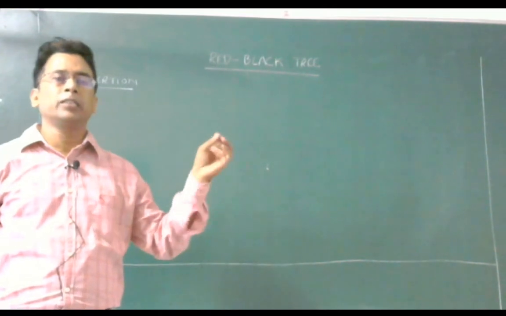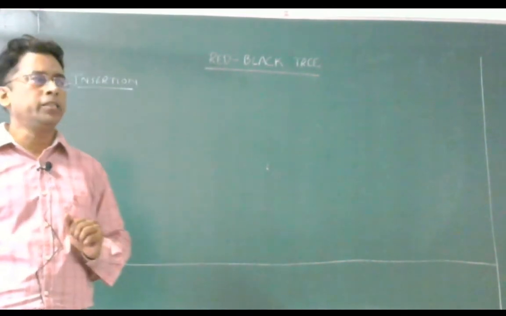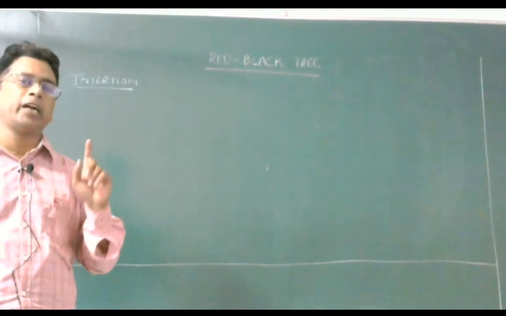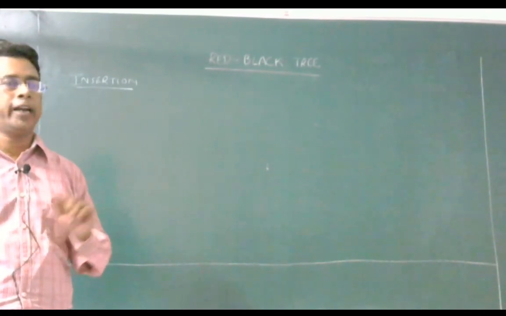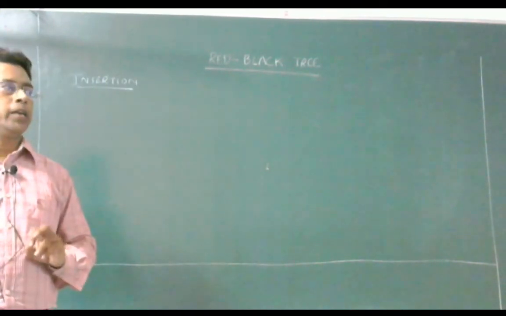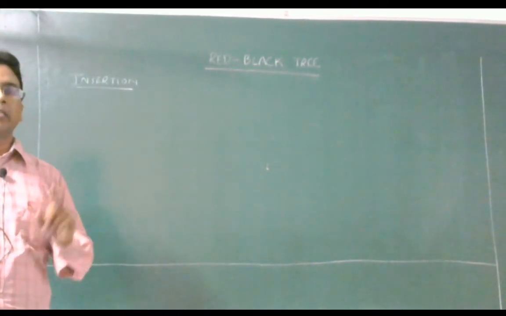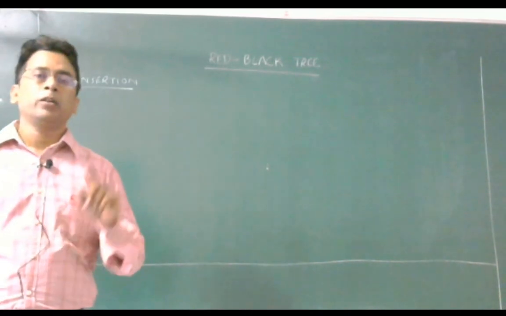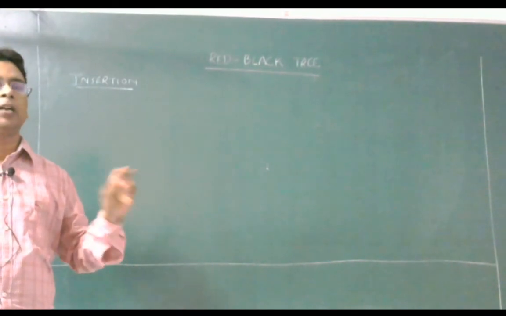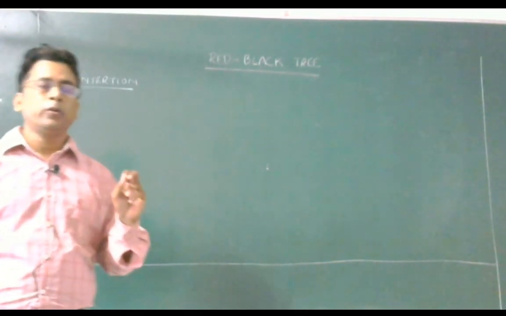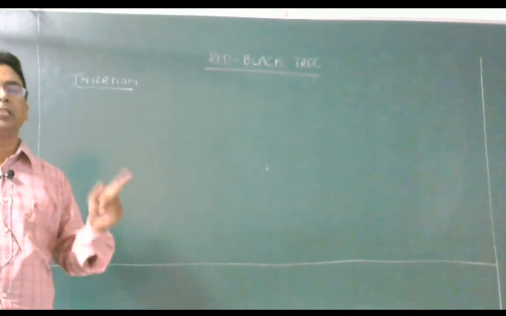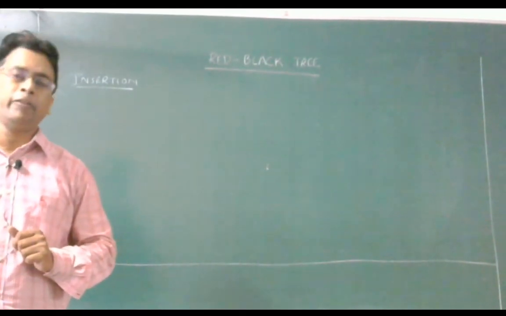Similarly, when the parent is the right child of the grandparent, there are three cases. I am giving you a brief summary of the cases, and after that I am going to show you an example that will explain how we can apply these cases. In case 1 the uncle was red, and in case 2 and case 3 the uncle was black. In case 2 the newly inserted node Z is the right child, and in case 3 the newly inserted node Z is the left child.